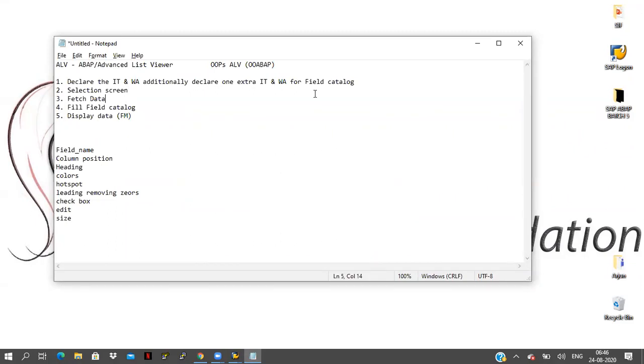And one extra: you are declaring one internal table, the field catalog internal table, right? So you have to fill that internal table now. After fetching the data, you have to fill the field catalog internal table, and after that you have to display the data. Here we will use some function modules.